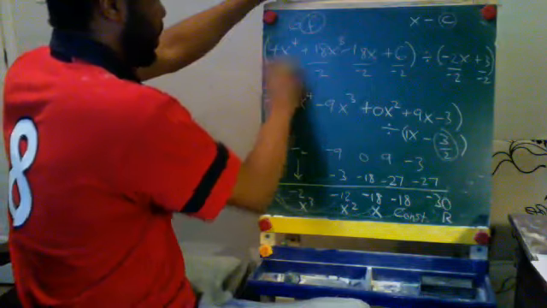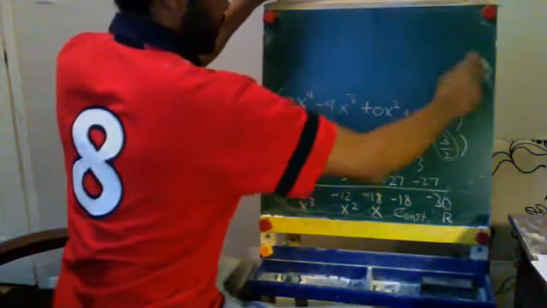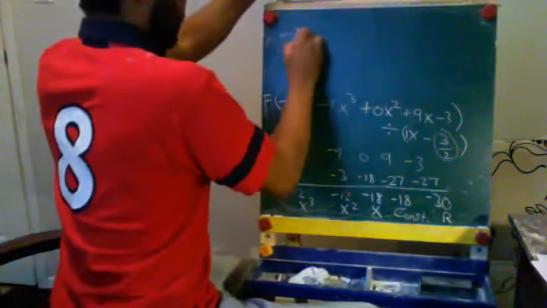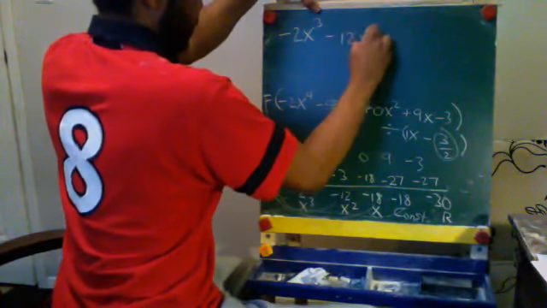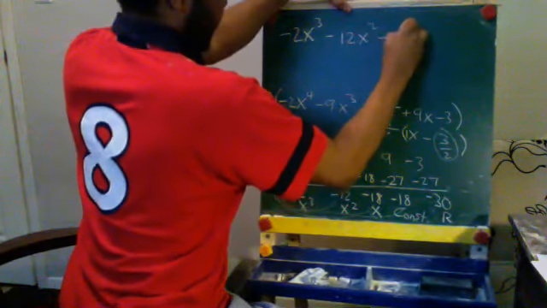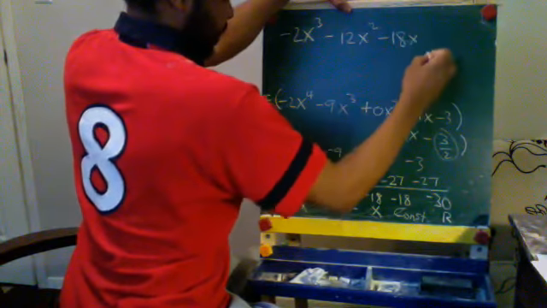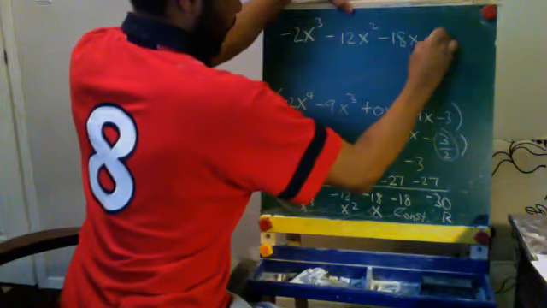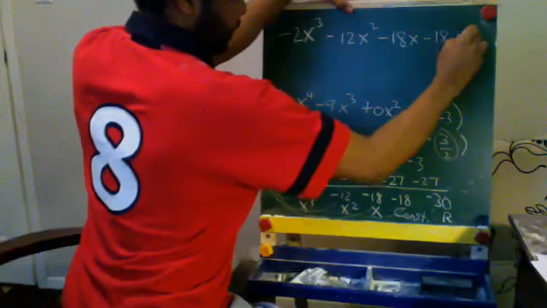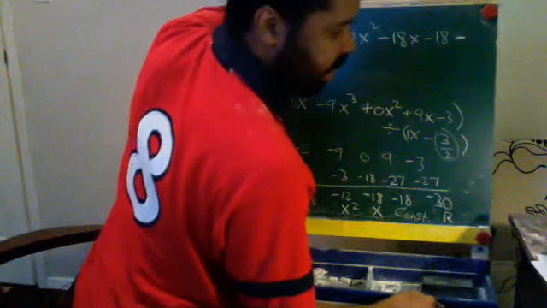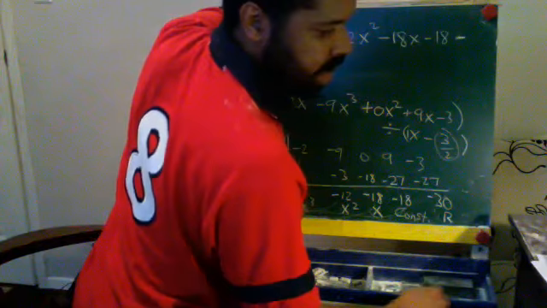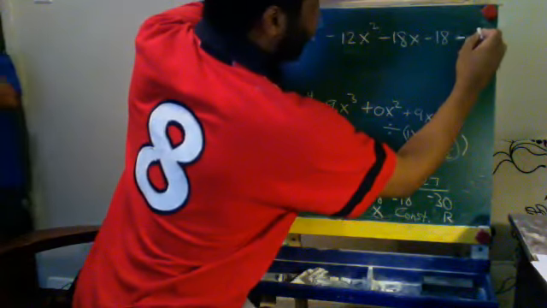I'm going to erase the top part here. My answer to this problem is going to be -2x cubed, right? Minus 12x squared minus 18x minus 18. Now here comes the bombshell. Minus, rather. Minus, what did I divide by? What did I divide by? Ladies and gentlemen, what did I divide by? I divided by, in my case, I divided by,